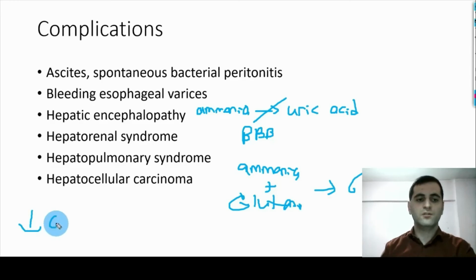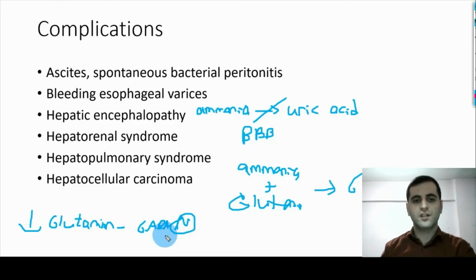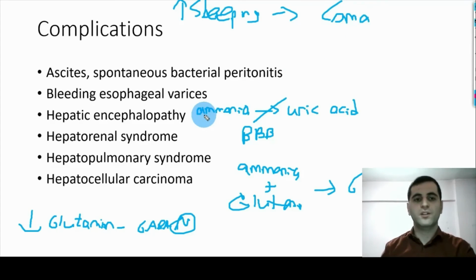So when the amount of excitatory neurotransmitter is decreased, like glutamate, and the inhibitory neurotransmitter like GABA is normal, that means the amount of inhibitory neurotransmitters is more than the amount of excitatory neurotransmitters. So this may cause a variety of clinical signs, starting from excessive sleeping to coma. The first sign of hepatic encephalopathy is generally excessive sleeping, and if it remains untreated, then it may progress